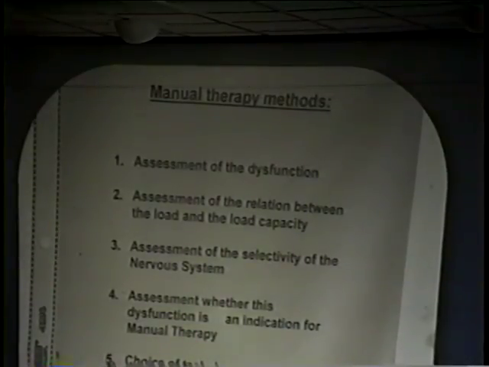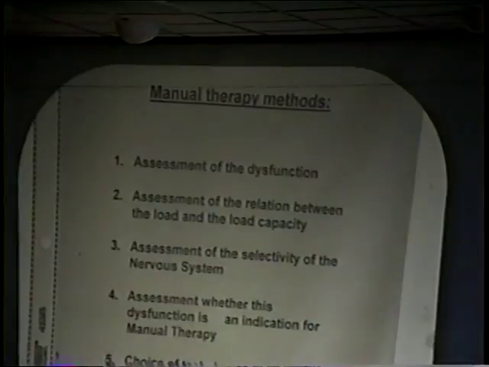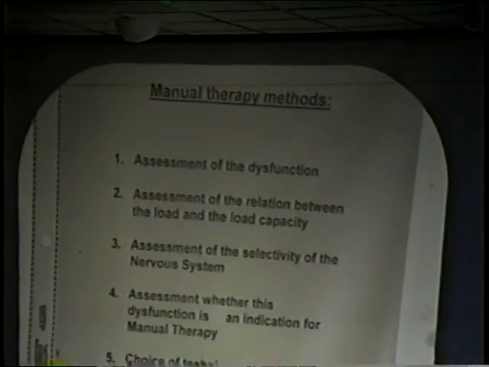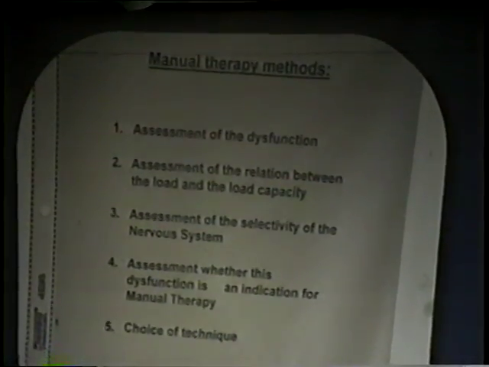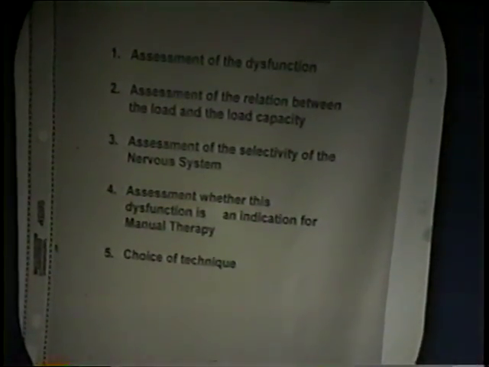Assessment of the selectivity of the nervous system. Interesting is, what is selectivity and how can we assess it? Assessment whether this dysfunction is an indication for manual therapy. Can we do something with it? Or shouldn't we? And of course the choice of technique. And we will